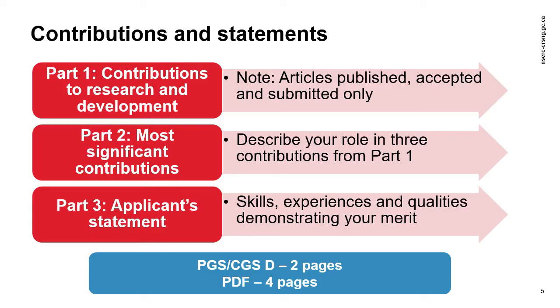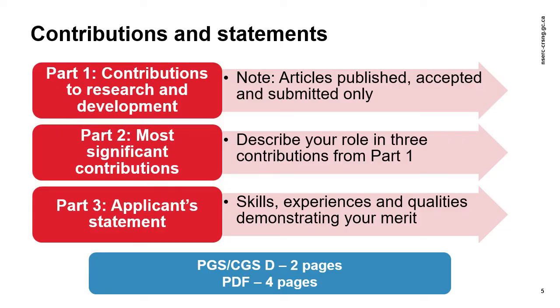Part 2 should describe your most significant contributions to research and development. In this section, choose up to 3 of the contributions listed in Part 1 and elaborate. For each of these contributions, you should describe your role in the research in greater detail, including experimentation, collaboration, manuscript preparation, reasons for publishing in certain journals, how the research has contributed or is contributing to your research field, or any other aspects that would showcase your contributions to the selection committee members. If the published research is part of an ongoing project, you can also describe your ongoing contributions to this work.